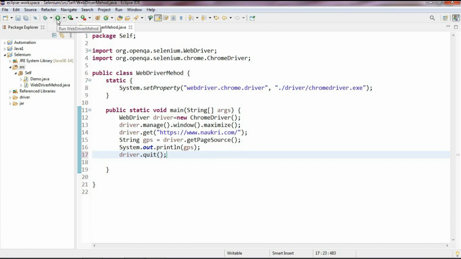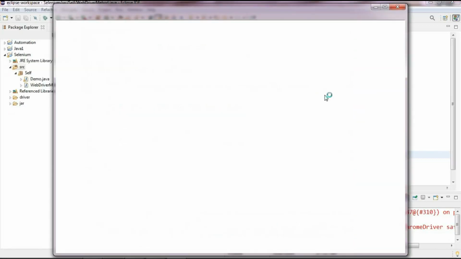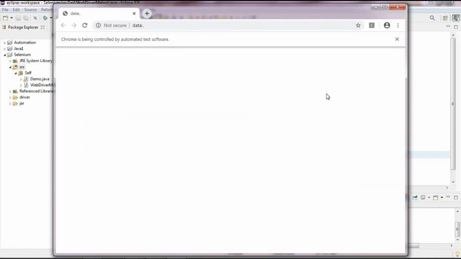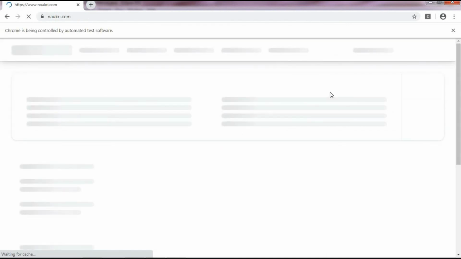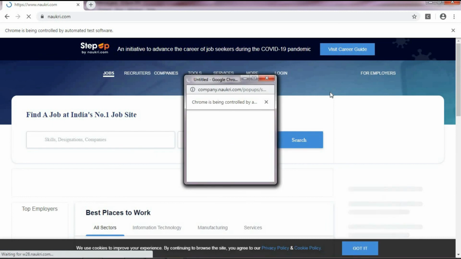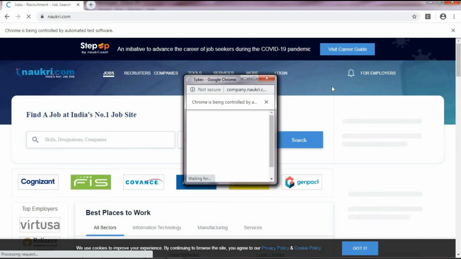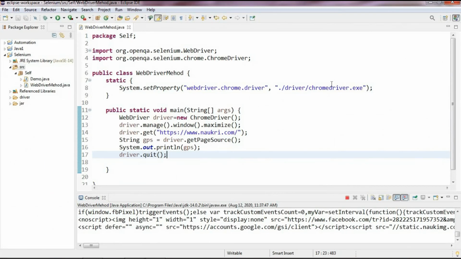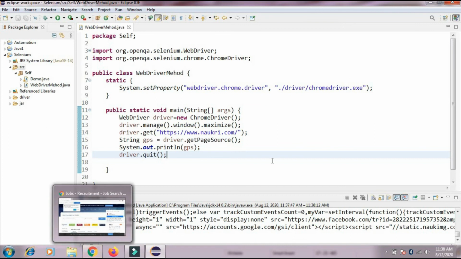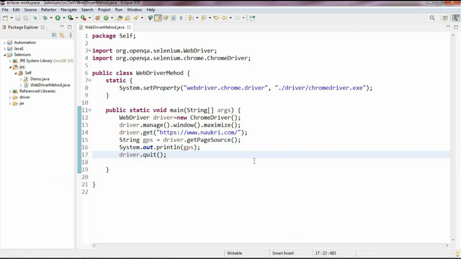So now run the program and we'll see what happens. It opens a Chrome browser, maximizes the Chrome browser, enters Naukri.com, and here you can see the child window of Naukri.com. And when I use the quit method, all windows get closed. Here you can see no more child windows are open. And now you understand the difference between the quit and close methods.